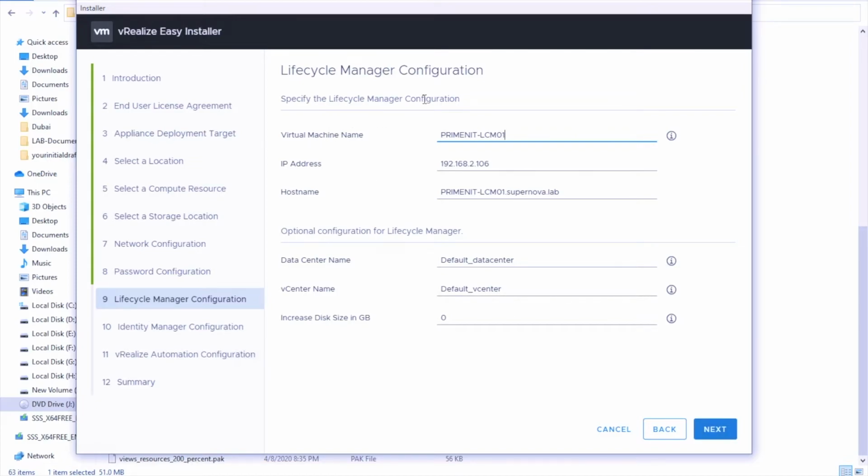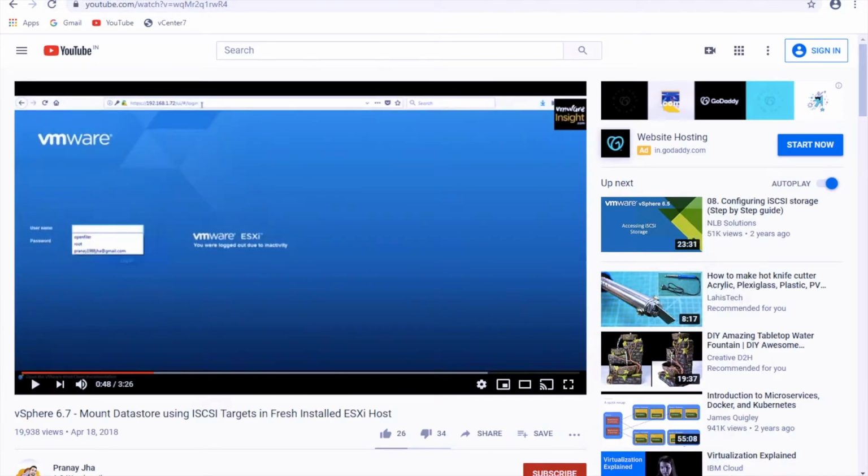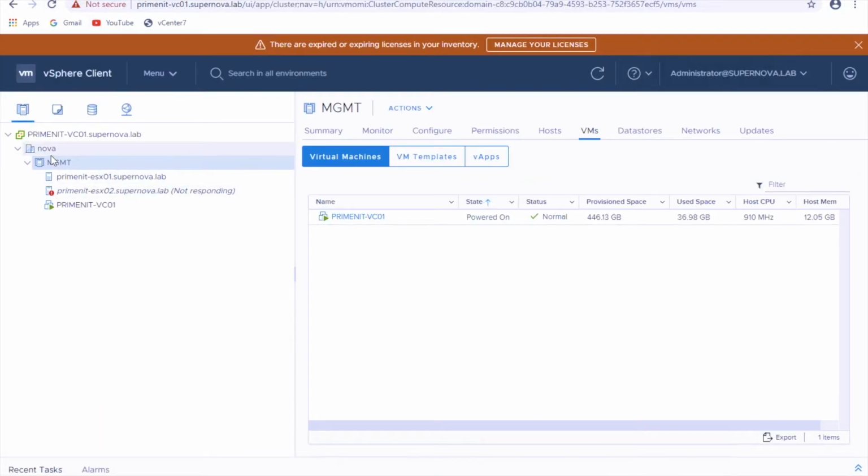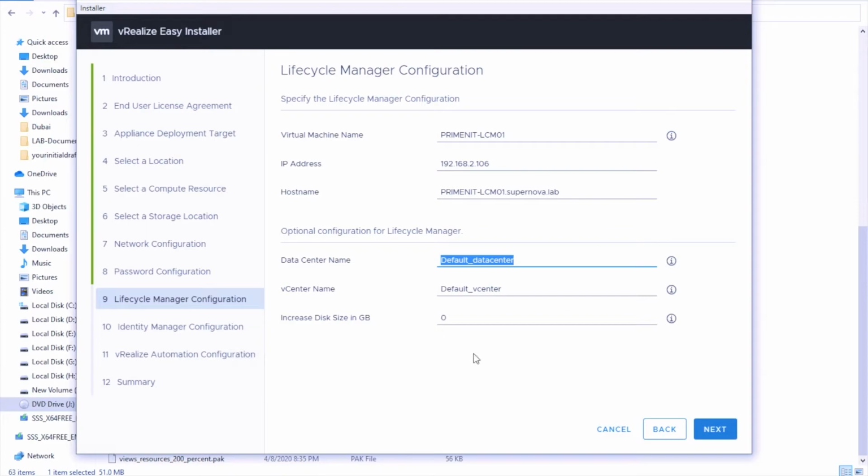And here is the host name or virtual machine name that we can supply for LCM, and the IP address, and which data center it is going to sit in. In my case, the data center name is Nova and the cluster name is MGMT. So the data center name is Nova and the vCenter name is,